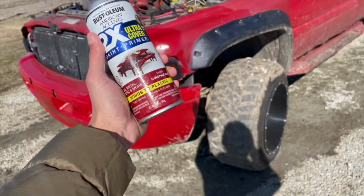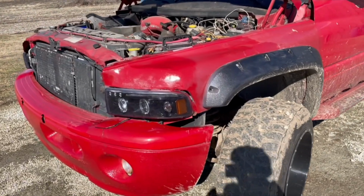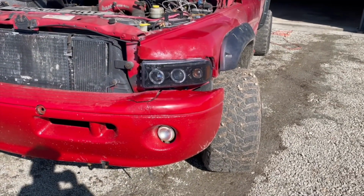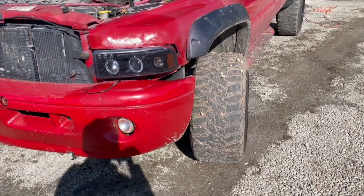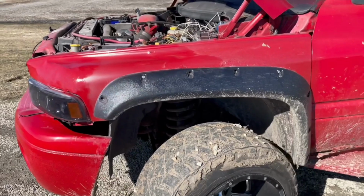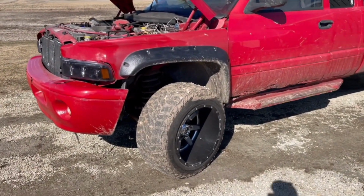So I'm officially out of this red, but I got it painted. Does it look like garbage? Sure it does. But it's better than it was, and it was virtually free. I also touched up this spot right there. I mean, you're not going to see it driving down the road, but up close, it's not a show truck,